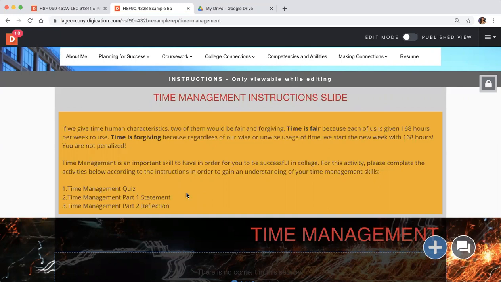Please, for this activity, complete the activities below according to the instructions in order to gain an understanding of your time management skills. The first part is a quiz, the second part is a statement, and the third part is a reflection. So right now,